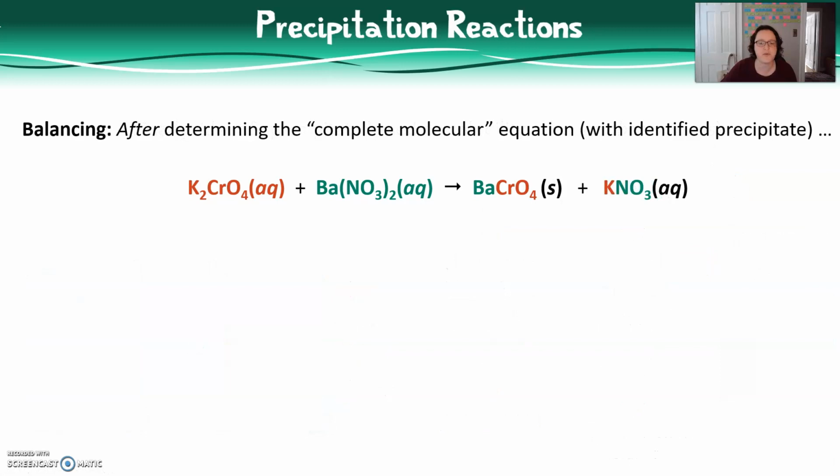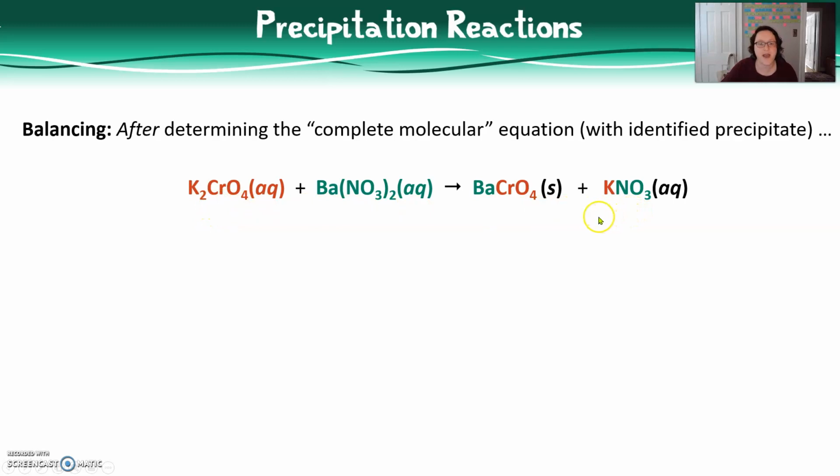Now, some students will prefer to wait to balance the precipitation reaction until after they have determined the precipitate. And this is totally acceptable and often a better approach, as it ensures that you focus simply on predicting the products based on balancing the charges of the ions, rather than by considering the number of each ion that the reaction starts with. In this case, you would have determined the unbalanced precipitation reaction as given here, and then you